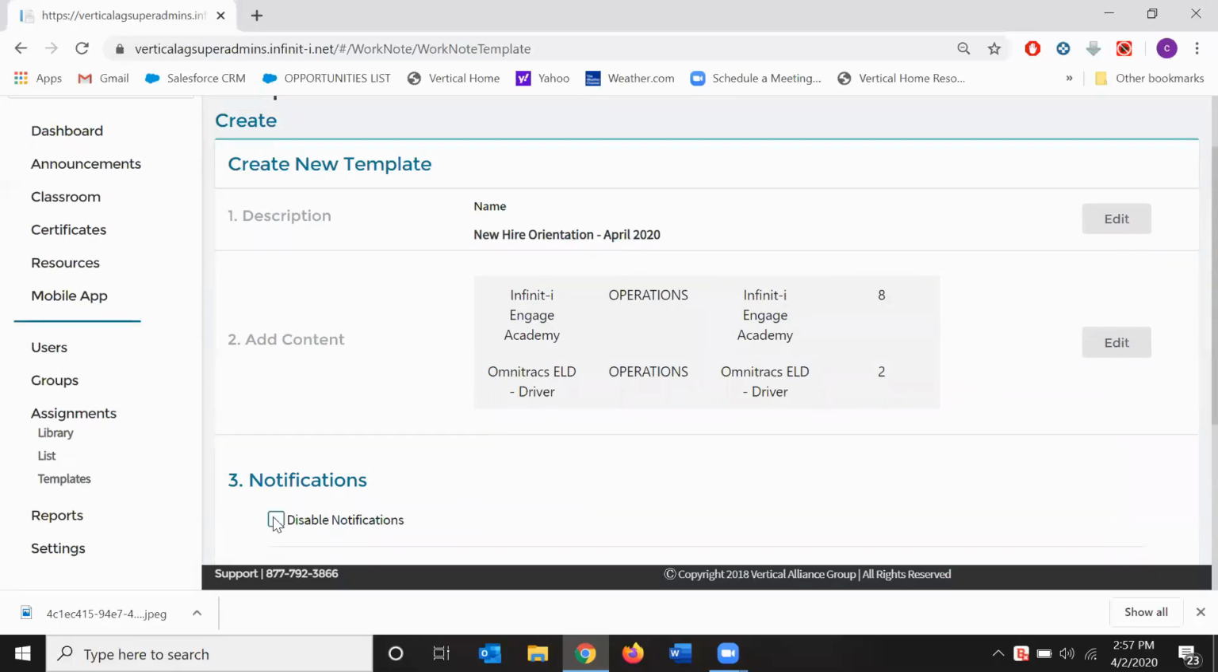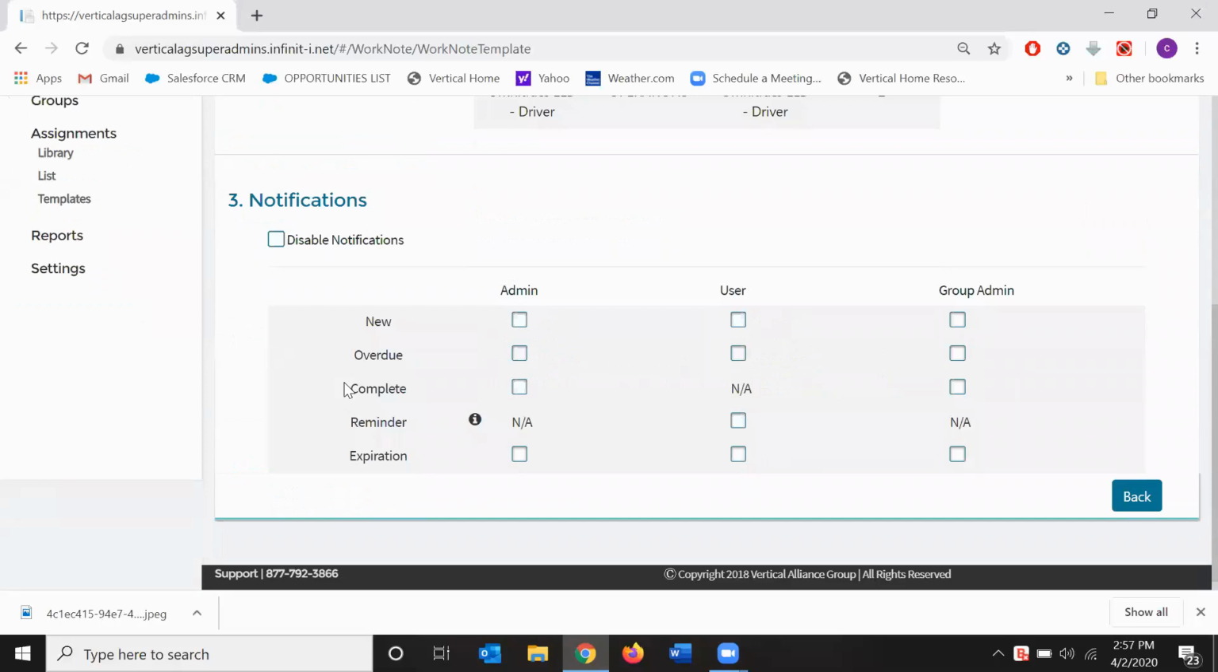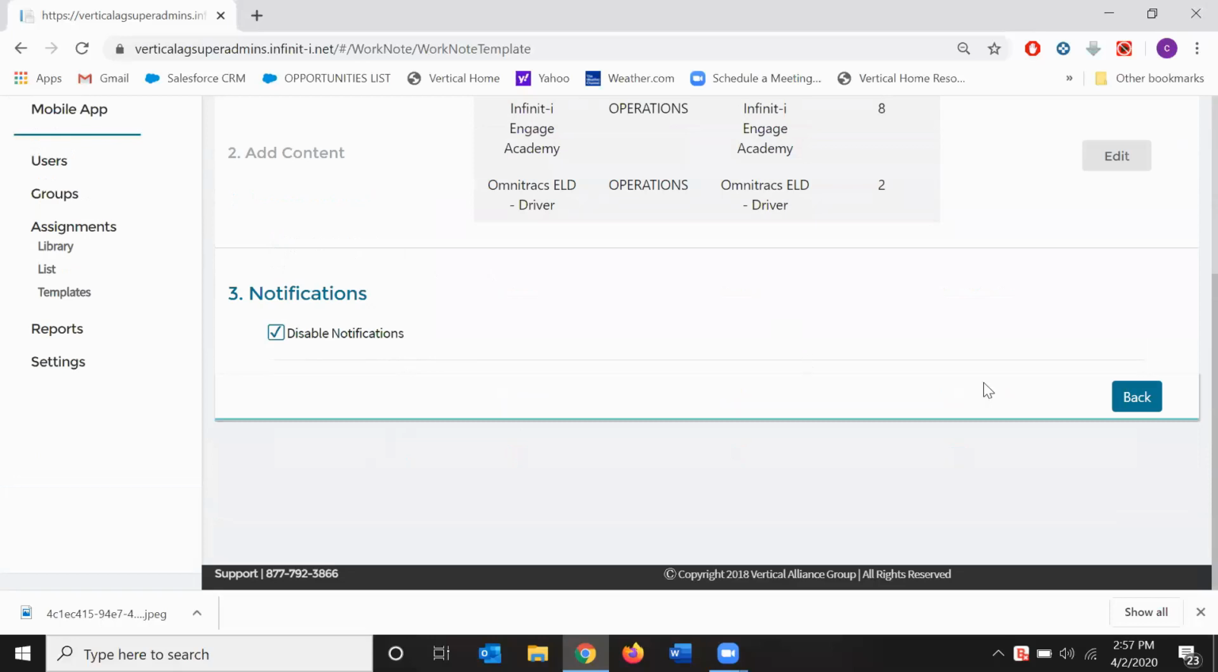Our notifications allows you to send out notifications to the new hires when they have training that is overdue. You can also receive notifications as the admin of the organization as well, if you so choose. For the purposes of this example, I'm going to go ahead and disable those though, and then click the back